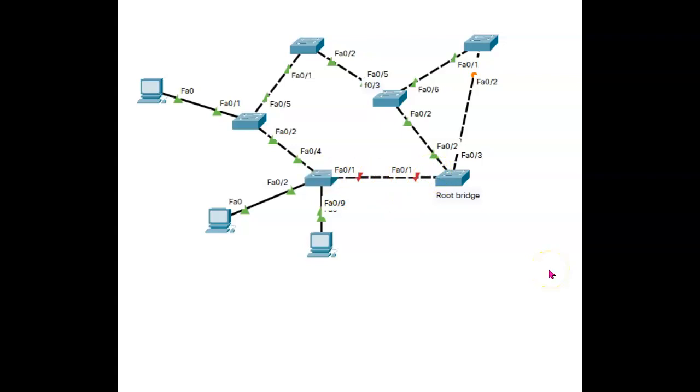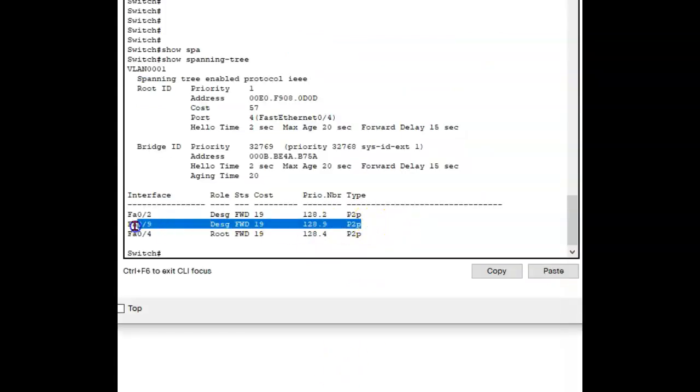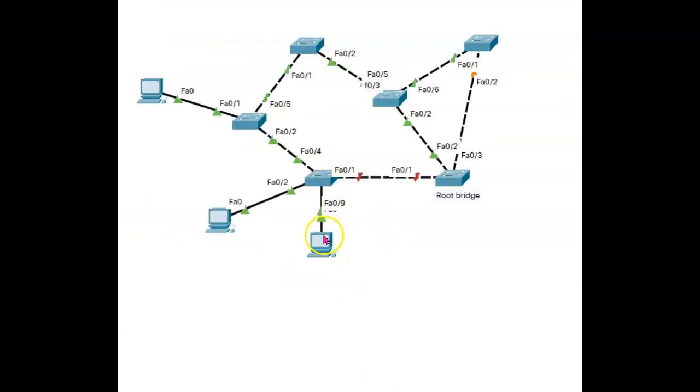Now we also saw that there was another designated port. Let's take a look at the table here, and I see FA09 is also a designated port. In the diagram, that leads to this PC. You may remember we put port fast on FA02, and so it does not participate. But this one does participate in STP, and if I put port fast on it, it would converge a lot faster when I plug that in. But as it turns out, I haven't done anything, so this port is also a designated port, even though it can't lead to a root bridge.